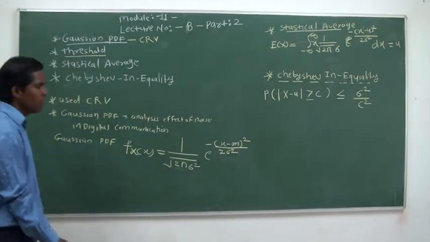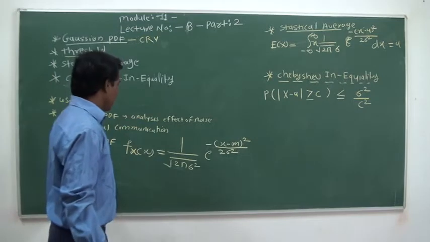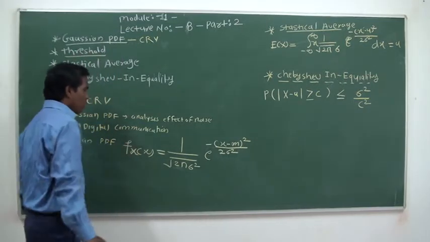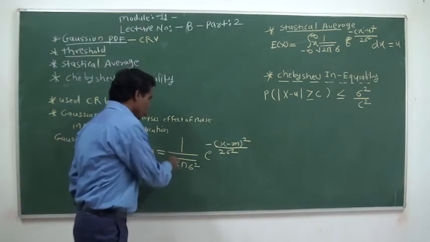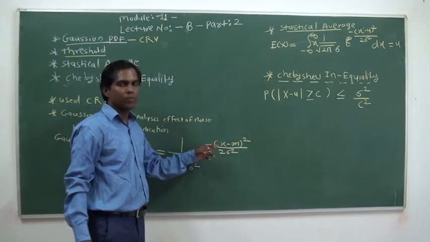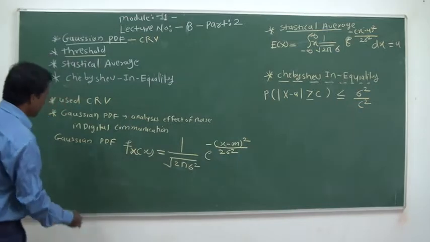That is the formula to calculate the Gaussian probability density function, denoted by f of x, where m is the mean